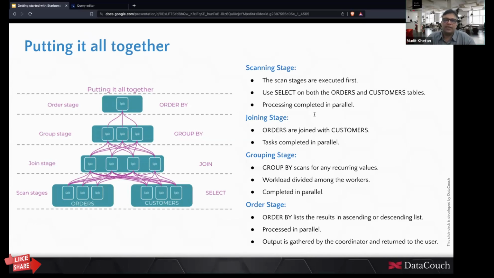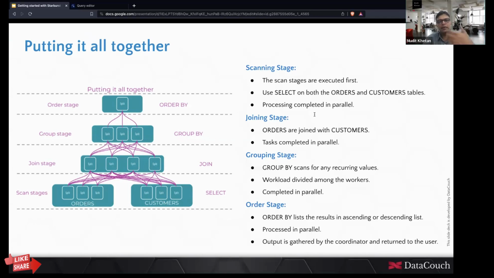Then at the joining stage, once the data has been shuffled, in the sense it is moving from one worker to another worker for joining, the data gets joined at the join stage, and this is also being done in parallel, right? So the number of workers at this stage, or the extent of parallelization at this stage, would reduce dramatically, but still it would be way higher than the single core that we are typically using.